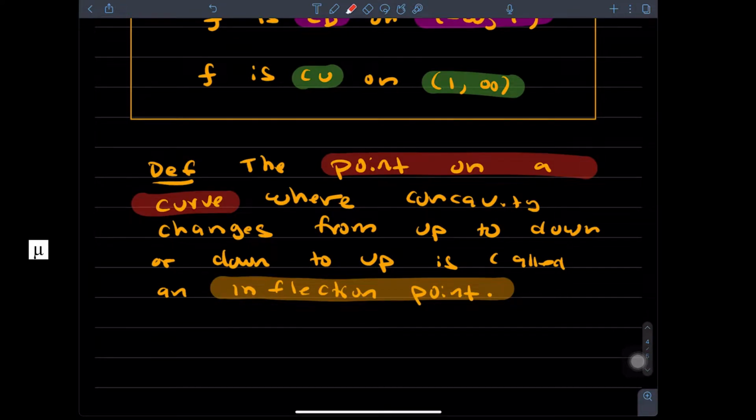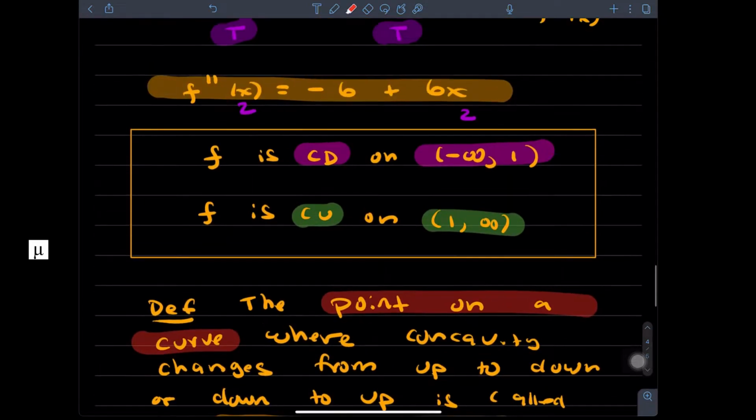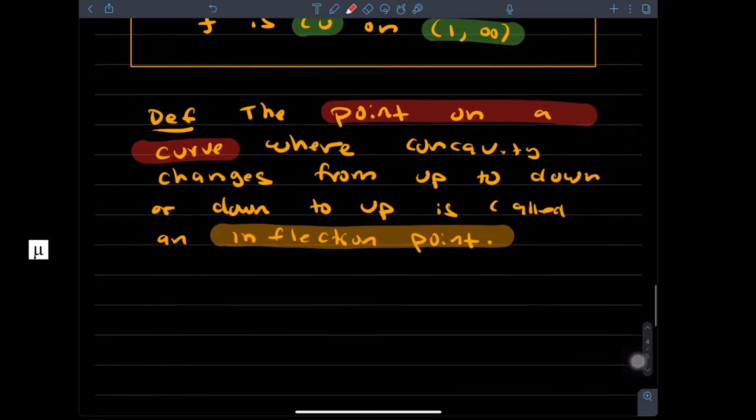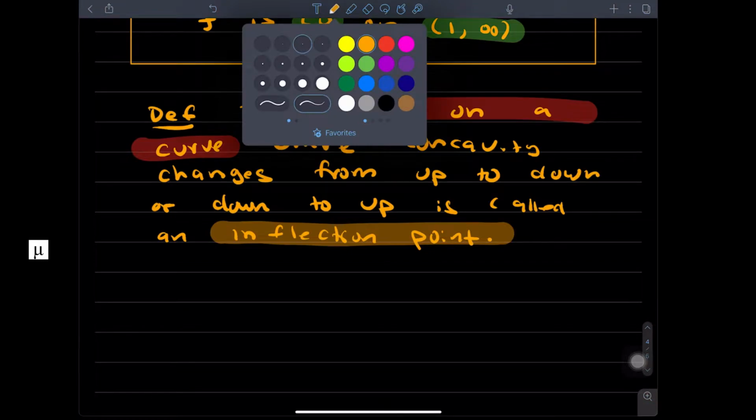Okay, so you've got to be on that curve. And you go, well, what does that mean? Right in here, ladies and gentlemen. This is what we're talking about. You went from concave down to concave up. At what value of x? When x is 1. So this has an inflection point